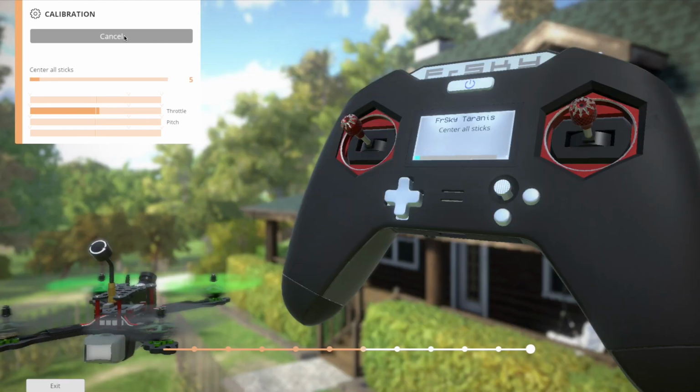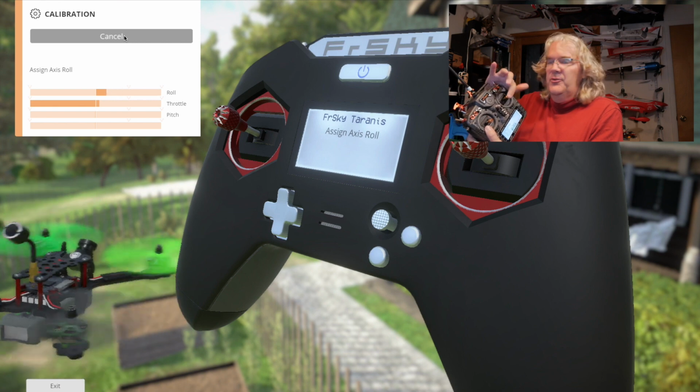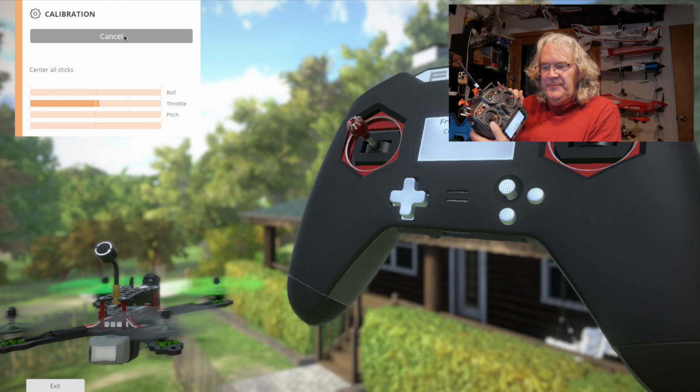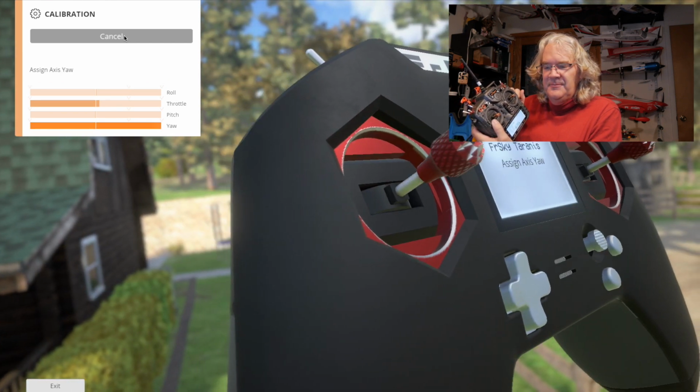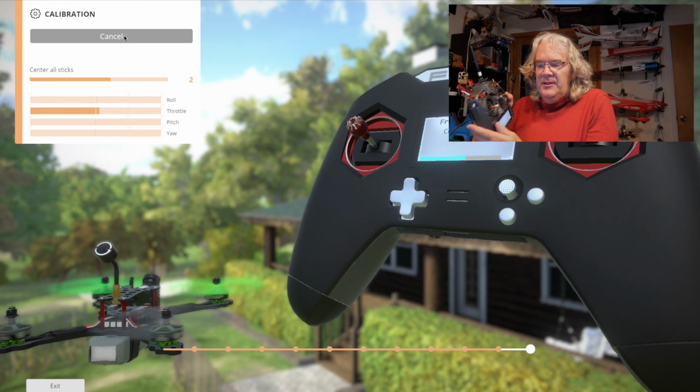Now you want to do pitch, so move the pitch up, and then center the control. Now do the roll, so move it to the right, and let it center again. And finally, yaw. Just move the yaw to the right, and let it center.